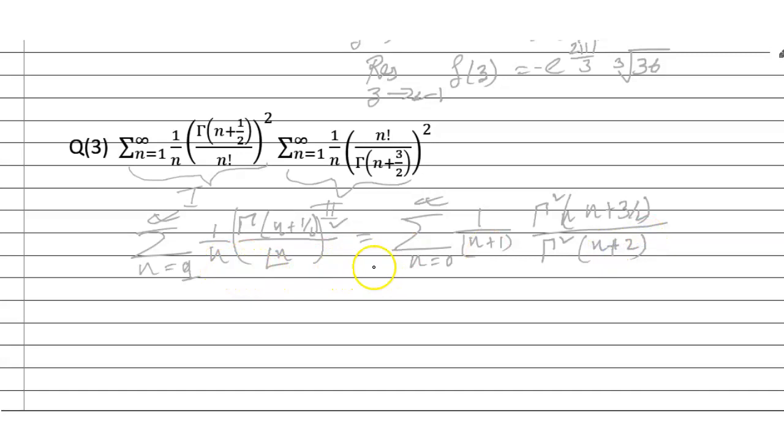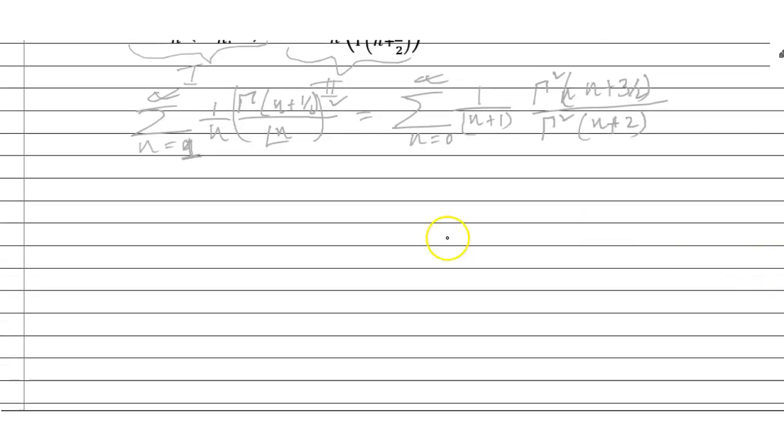So friends, because I just change the scale, n equals 1 to infinity becomes n equals 0 to infinity, 1 by n plus 1 and 1 by n plus 2. And after that